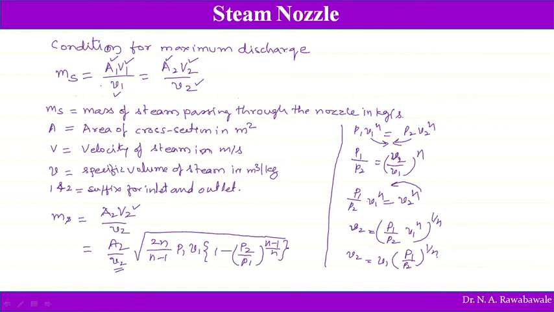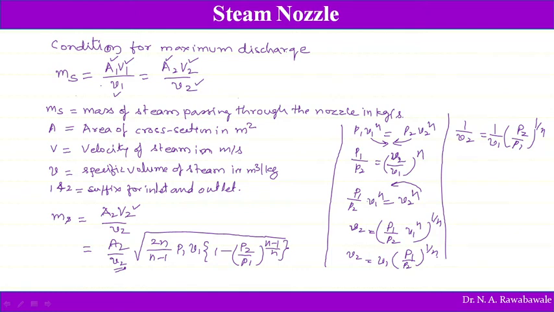Or else, so this v2 is in the denominator, so everything we will take reciprocal of this. So taking reciprocal of this equation, we can rewrite this as 1 over v2 is equal to 1 over v1 in bracket p2 divided by p1 to the power of 1 over n. So everything is taken in the denominator, reciprocal of everything is taken, therefore this power does not become negative. So converting everything which is on left hand side transferring on right hand side, and terms on right hand side are transferred on left hand side.